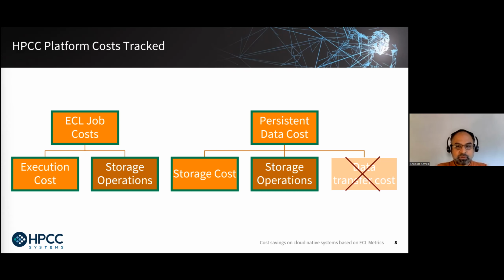Storage cost includes the cost of hosting every gigabyte of persistent data by the cloud provider. These are referred to as at-rest costs in the ECL cost metrics. There may be a charge for every read, write, delete, index, and other operations. These are collectively known as file access costs